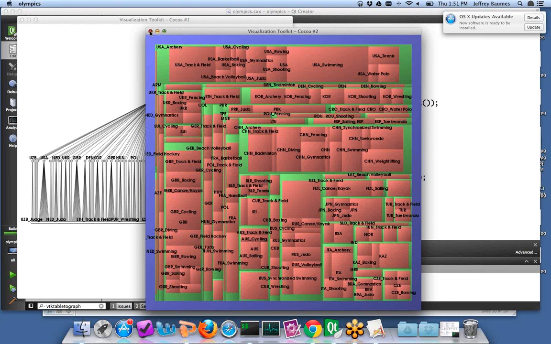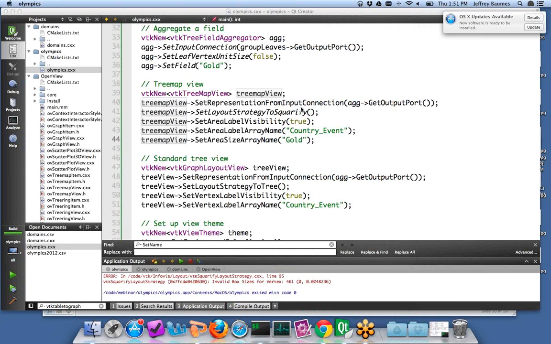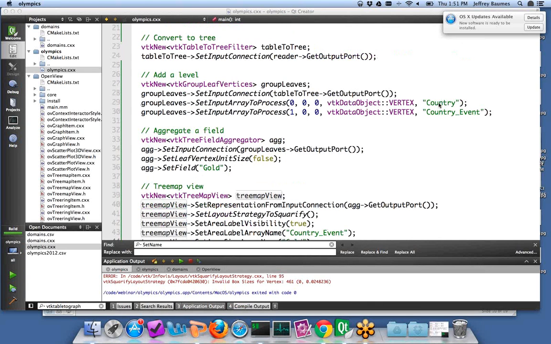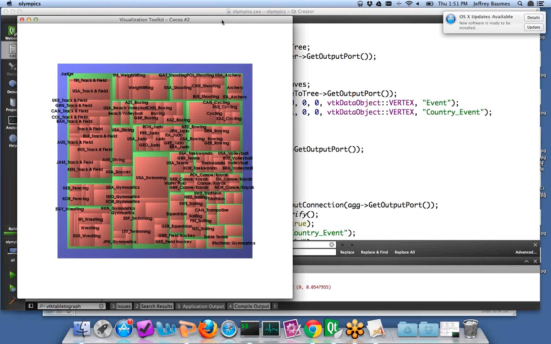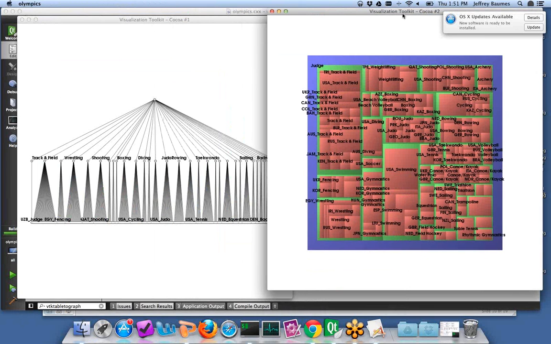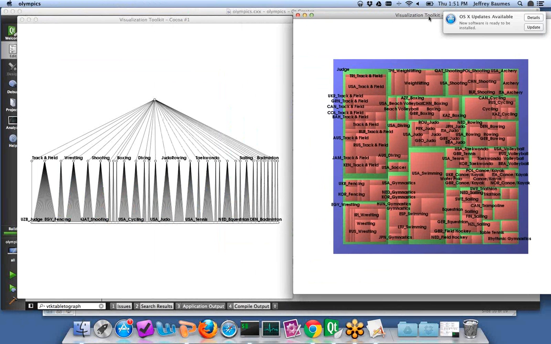Okay, so now just for fun, we're going to switch the order, or actually the grouping array. So now instead of country, we're going to look at the event. So let's see what happens. So now we're just constructing this tree differently. It might be easier to see here in our other view how this worked. So now instead of countries here at level 1, our group tree filter